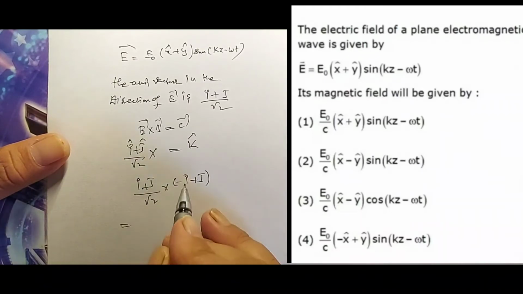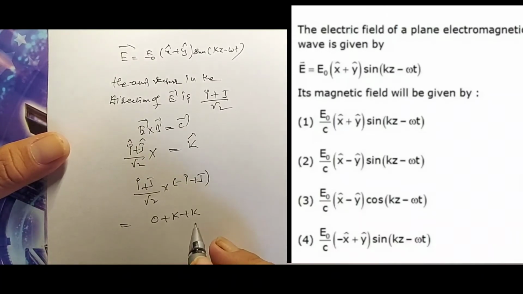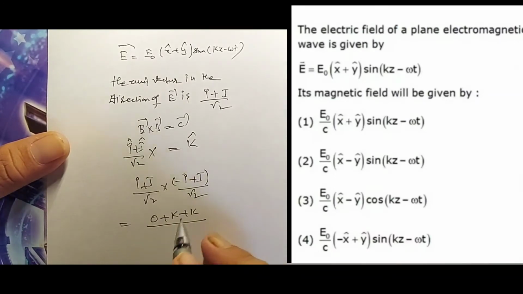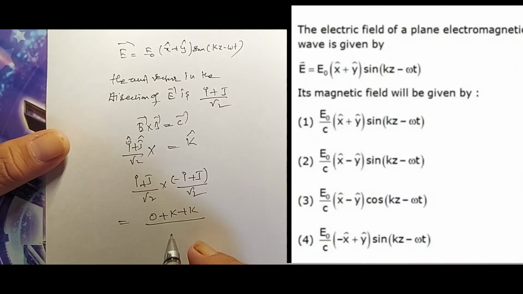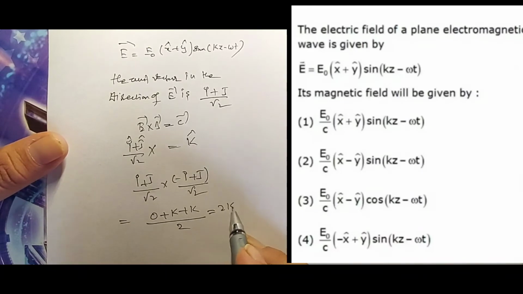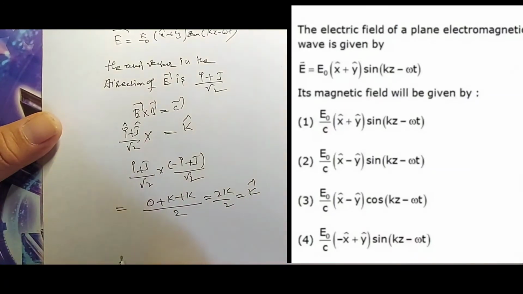That is equal to i cross (−i) is 0, i cross j is k, j cross (−i) is k. j cross j is 0. By root 2 into root 2, that is equal to 2. So 2k by 2, that is equal to k cap. So our answer is